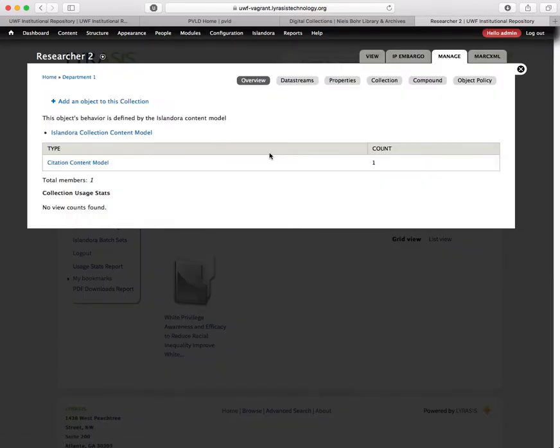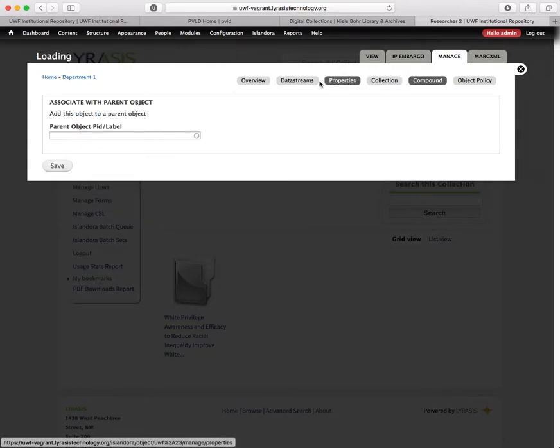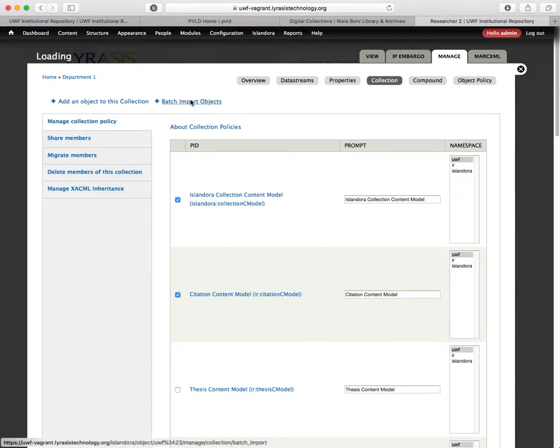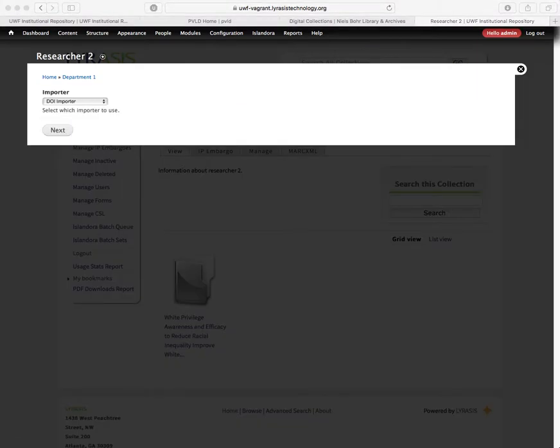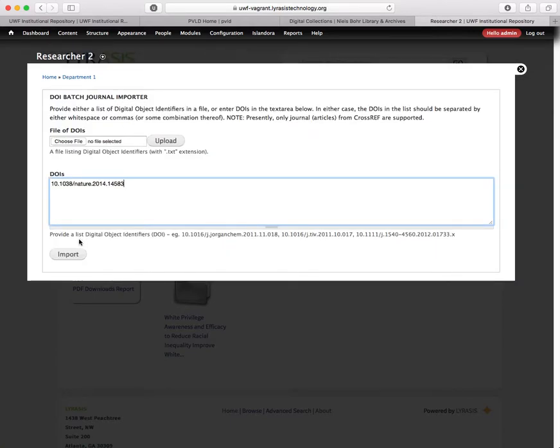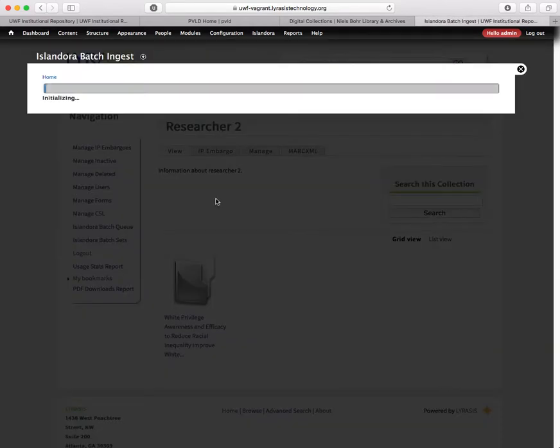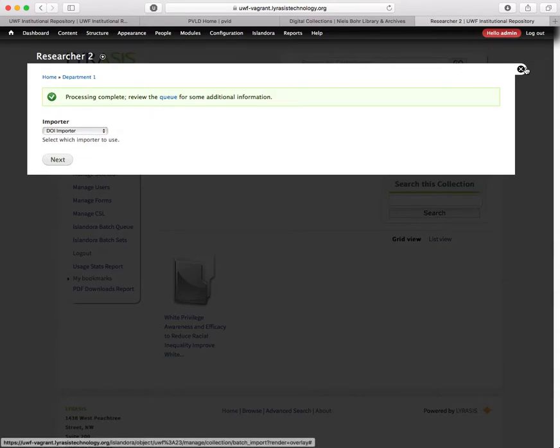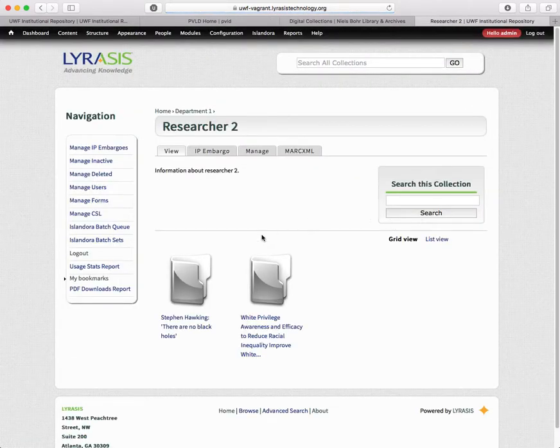I'm going to actually do another one while I'm at it. So we'll go compound, collection, and batch import objects. And I'll pull in another popular paper, and I can show you some more of the altmetrics things. So I'll pull that in. You can see that's in here now. Now there's this Stephen Hawking paper, there are no black holes. If I click on that,